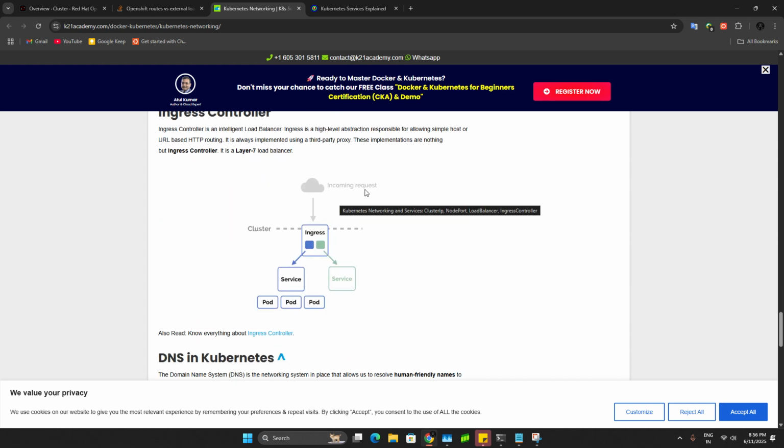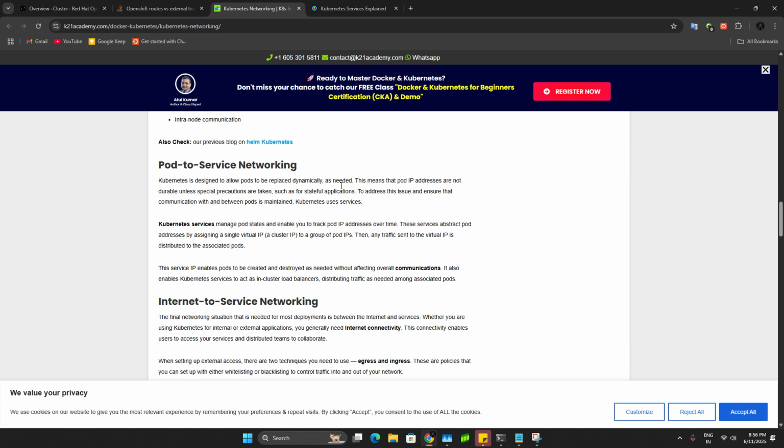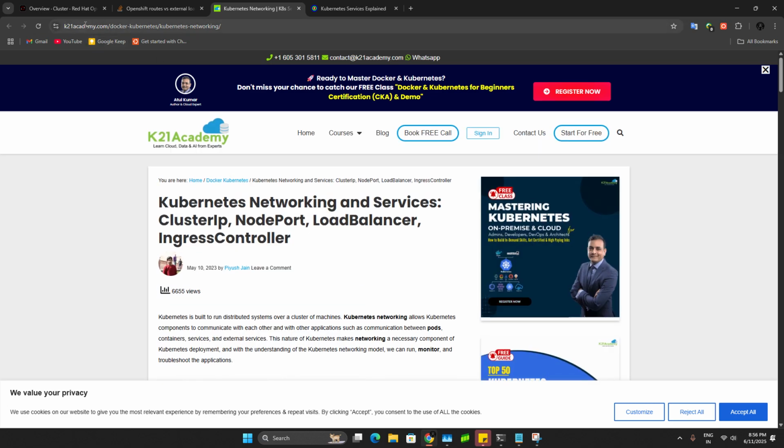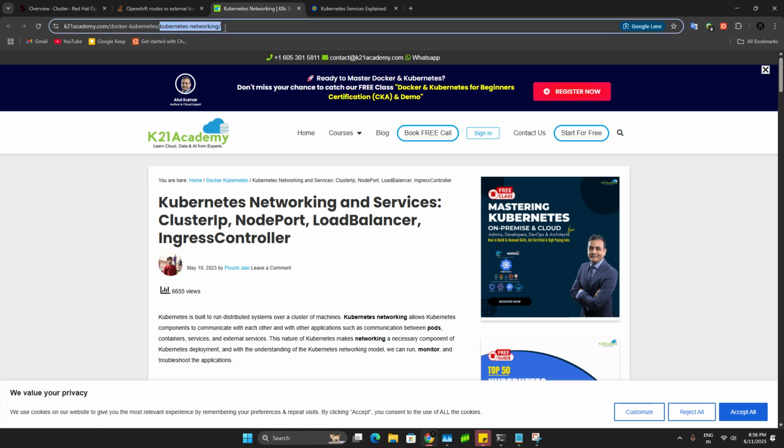Usually what it will do, once we receive the traffic in the ingress, there will be a set of rules and paths. So it will hit that path and redirect to those services. Okay, 100 rules will be there. For example, if this is the site and this Kubernetes network is one service, it will bind with a particular rule.